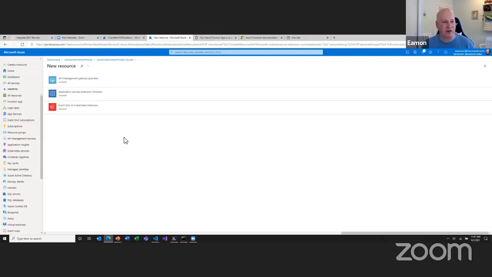So the function apps running on Kubernetes are in the same view as the function apps running in Azure. I can manage them. I can apply policies the same way. I can apply role-based access control to these. And all the developer and deployment experiences also stay the same. And so it opens up this whole set of capabilities that before you would have to learn two different ways of building applications depending on what your target host was. Now you can just use the one standardized development and deployment process to build applications no matter where they're hosted.